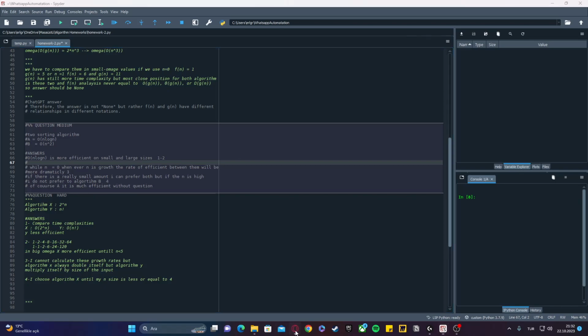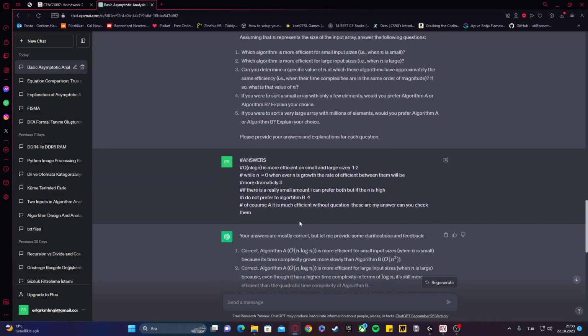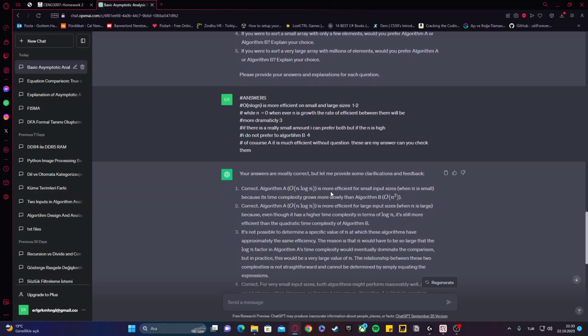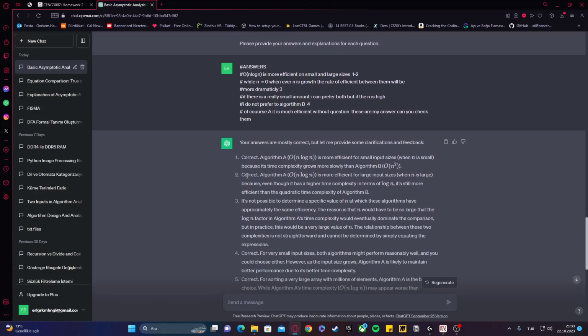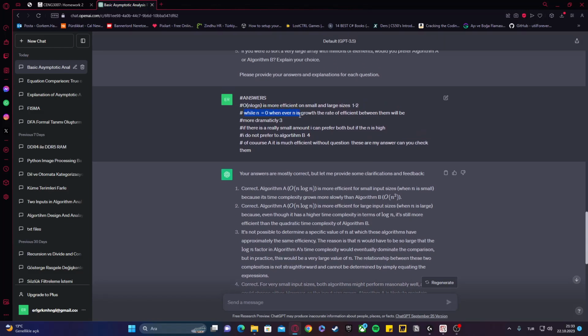And coming back to the question, if I am going to write a sorting algorithm, I always prefer to use algorithm A. As I mentioned, it's more efficient all the time. And actually, these are the same questions I asked there too. I asked my questions, and it gives me the answers on 3. I just write n equals 1 whenever n grows, and the difference in efficiency between them will be more